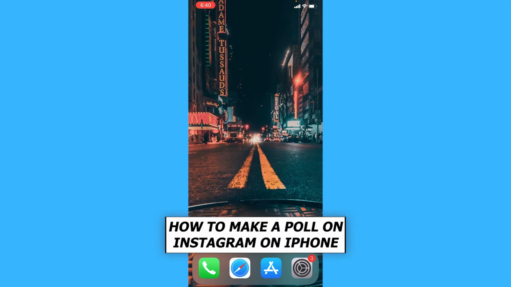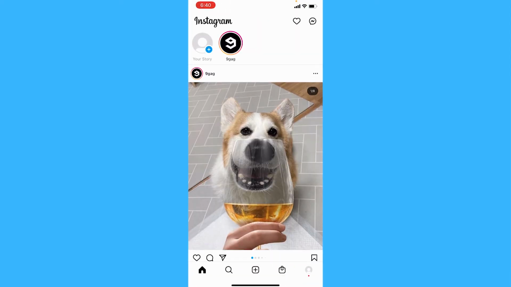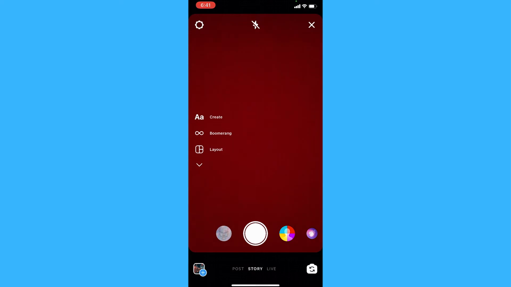So, open up Instagram, and once you're on the home page, tap on your story and take a photo. Once you've done that, tap on the sticker icon, which is the fourth one from the left,